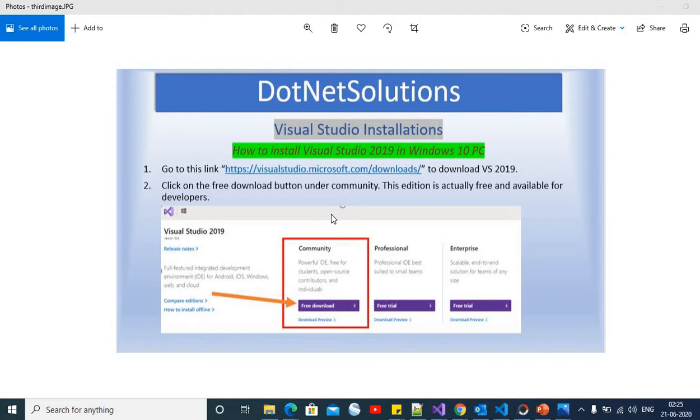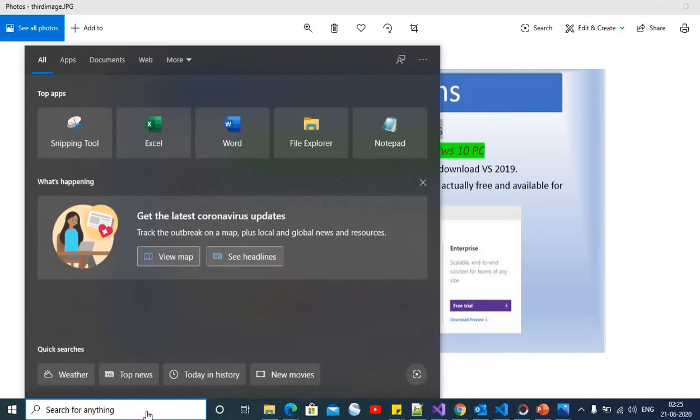Here today I'll demonstrate how we can install Visual Studio 2019 on a Windows 10 PC. To install Visual Studio 2019, we have to go to this link, https://visualstudio.microsoft.com/downloads. To get to this link, if you are using Windows 10, just go to this search text box and